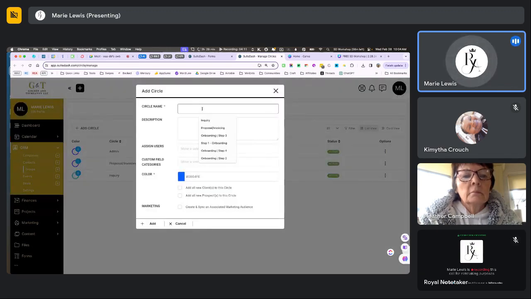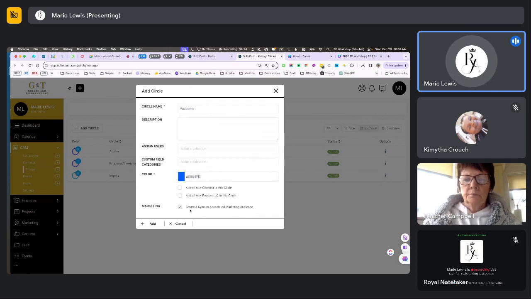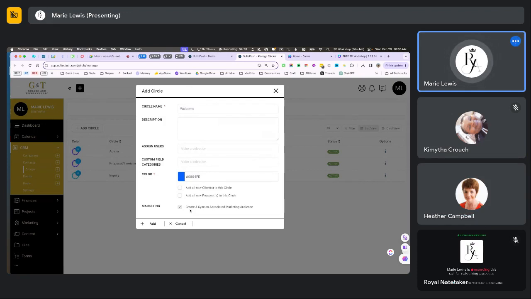Because we're going to be doing something a little bit different today, I'm going to add another circle. It's going to be called welcome. And then I'm going to make sure I click the marketing checkbox that says create and sync an associated market audience. What that does is allow you to send this circle any dedicated marketing campaigns or drip campaigns